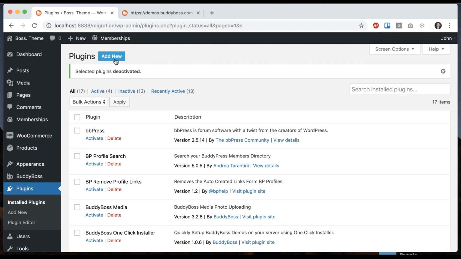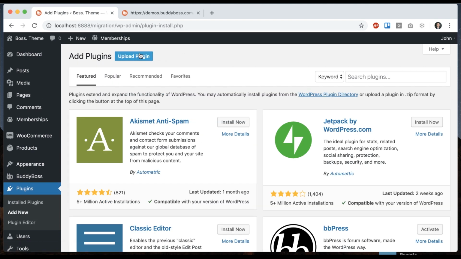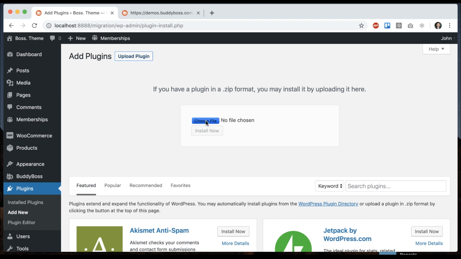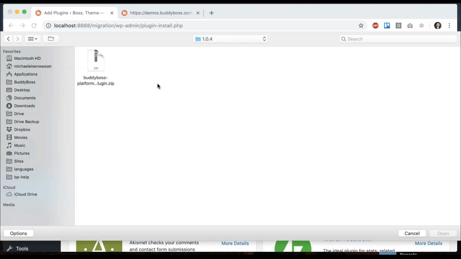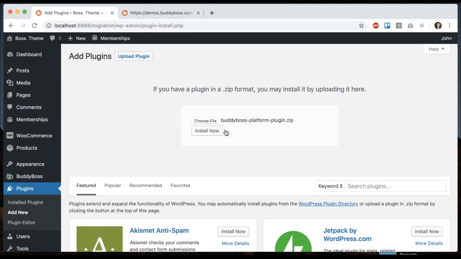So in the plugins area, just click Add New, and then Upload, and we're going to grab our plugin file. So when you purchase the new product, you should have been given a zip file called BuddyBoss Platform plugin.zip. Just select that and add it. Click Install,